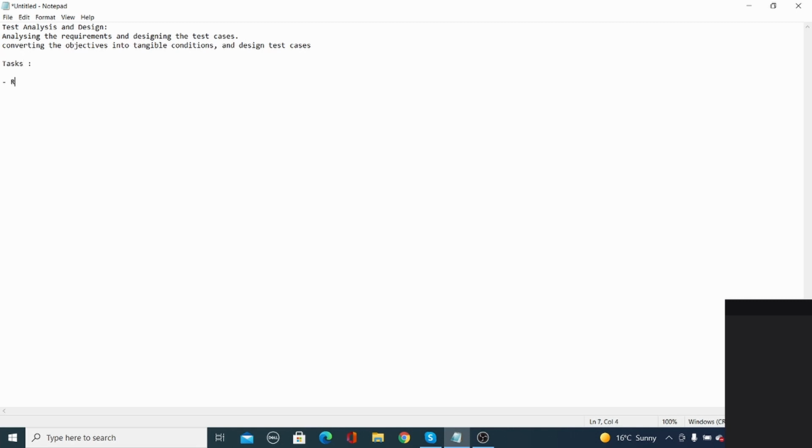One is reviewing the test basis. If you analyze this word itself, what does this mean? Test basis means from where you can derive test cases. So it can be requirements, it can be a legacy system, user stories, it can be anything.